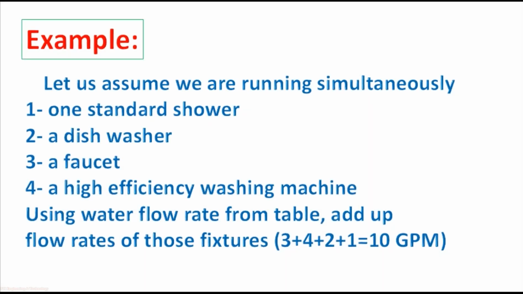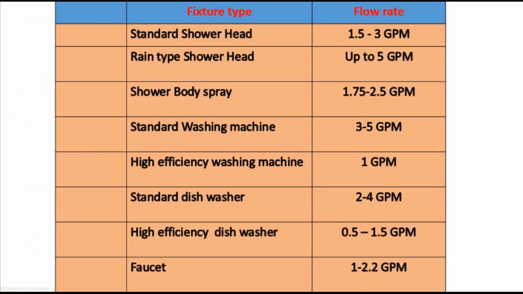Let us make a simple calculation to select a tankless or instant water heater. Let us assume we will use simultaneously one standard shower, a dishwasher, a faucet, and a high efficiency washing machine. Using this table, we will select the GPM required for each fixture. For a standard shower head, it ranges from 1.5 to 3 GPM, so we will consider the maximum, that is 3 GPM. For the dishwasher,